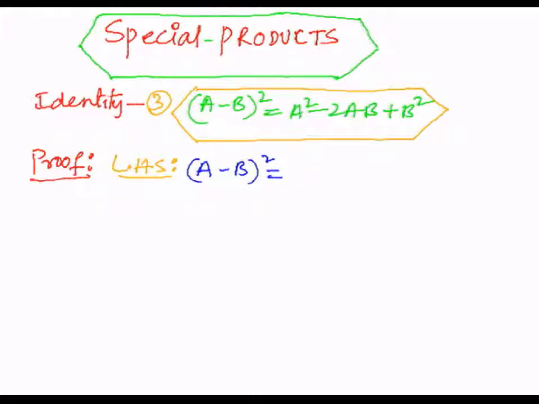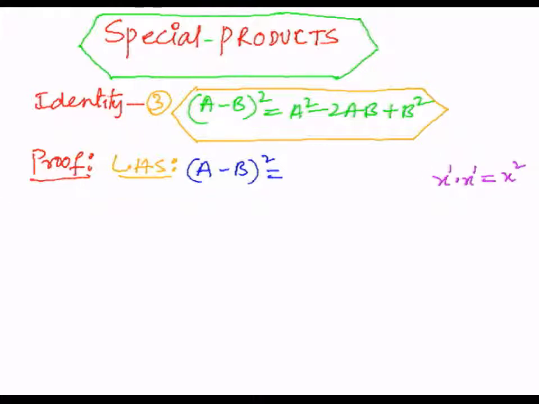so here it is in the form of x square. Here a minus b is in the place of x. So, x square can be written as x into x, or x to the power of 1 into x to the power of 1, the exponents are each 1. Here the bases are equal, x and x, and the operation in between is a product. So, we can apply the product rule, that is the first formula, a to the power m into a to the power n equals a to the power m plus n. Here the bases are the same, so according to the product rule we add the exponents, 1 plus 1 is 2. In this manner, we can split x square as x into x.